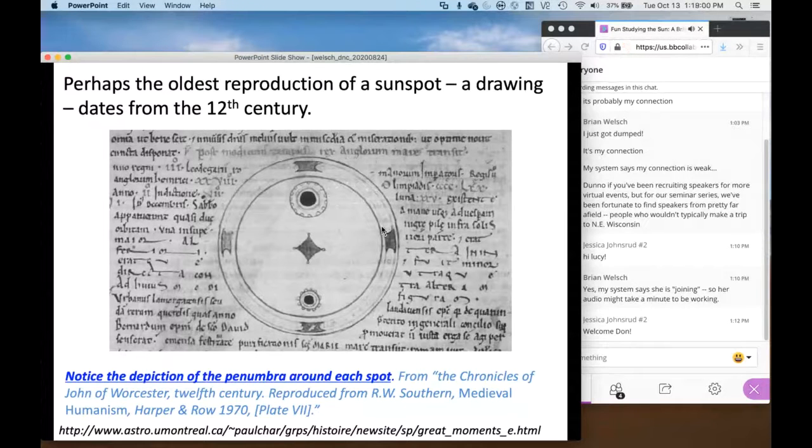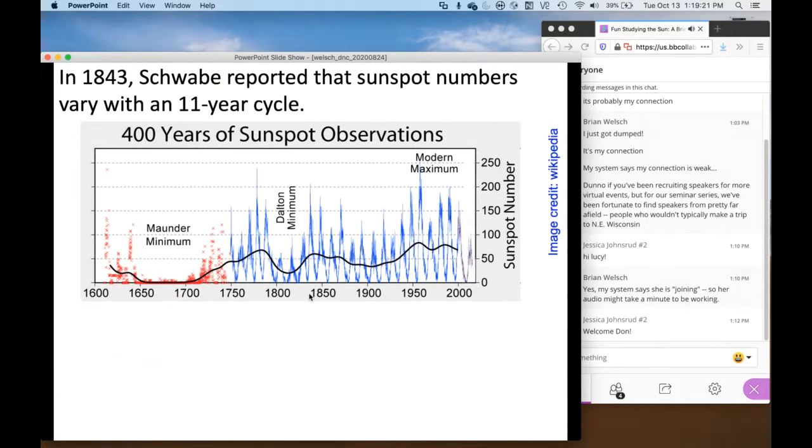And people have been drawing pictures of sunspots for a long time, even before we had cameras and telescopes to observe them. This is something from the 12th century. The historians think this is an umbra, and this is a penumbra around each of these. So we knew that sunspots were there a long time, and Galileo had the first telescopic observations in the 1600s, but they seemed to be kind of random, or nobody had noticed a pattern until 1843, when Schwabe, a German, I think he was a pharmacist,